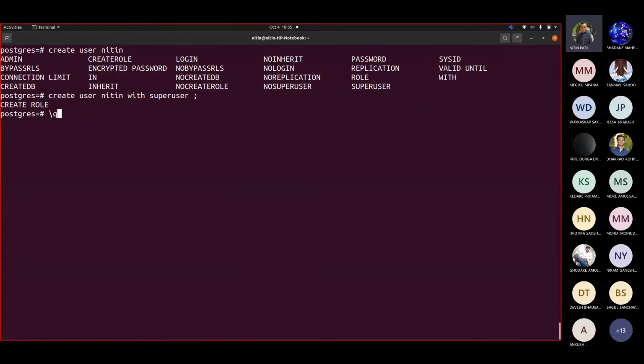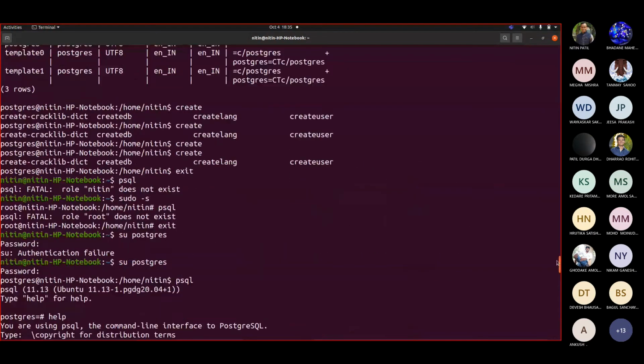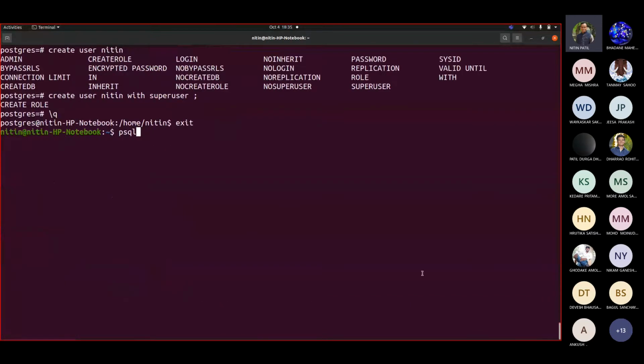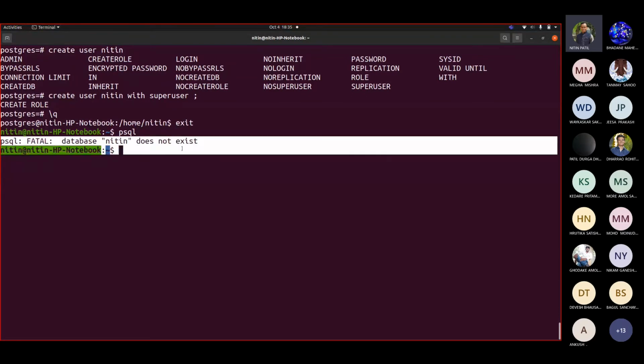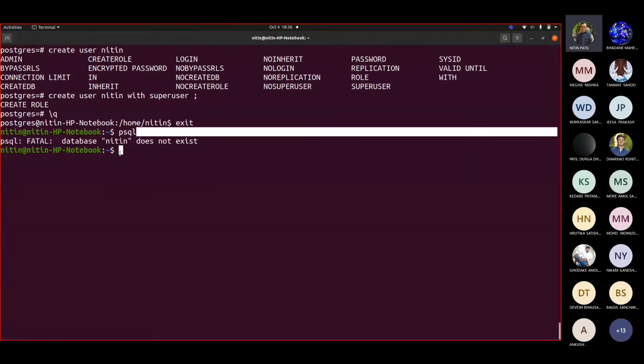Okay, now let me come out of it. Let me press Ctrl D. Now if I write PSQL, earlier if you recall, it gave us an error. Let us see what the error was. When we wrote this, with PSQL, it said role Nitin does not exist. Correct? This was the error. Now when we created a user, when I press enter, now my message changes. Can you see this? Database Nitin does not exist. So it assumes that whenever you press enter, there is a database existing with the name Nitin.